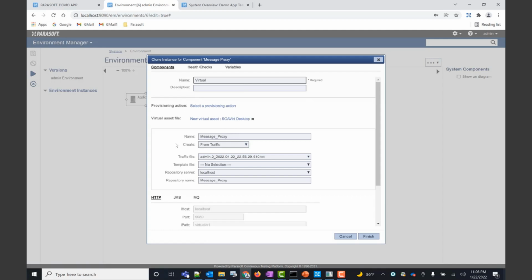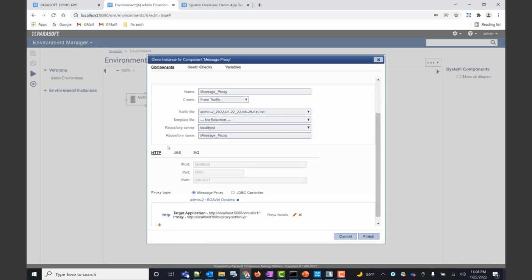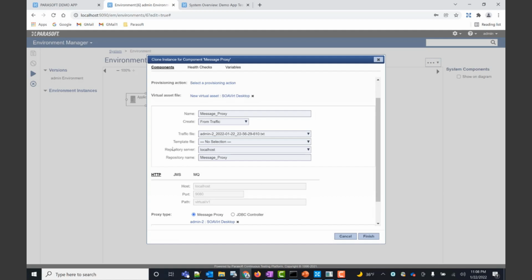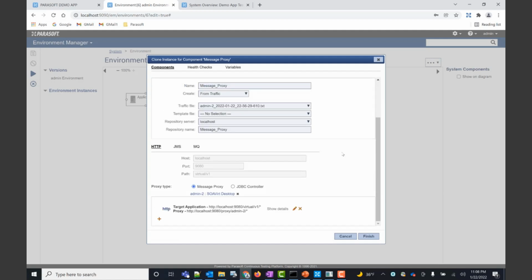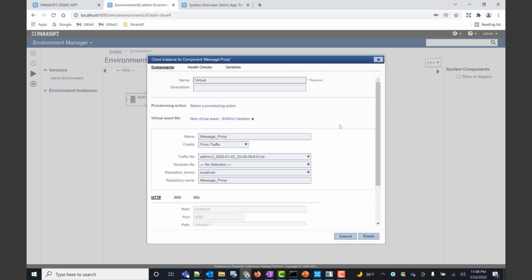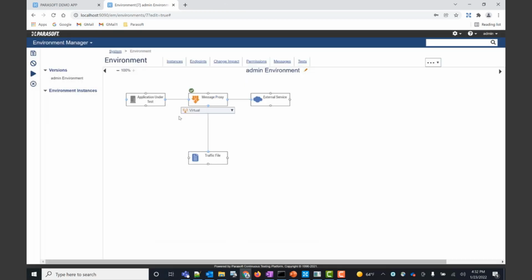So this is what the virtual asset will be called. And so everything's good. We will say finish. And now we see it has created our message proxy instance virtual.